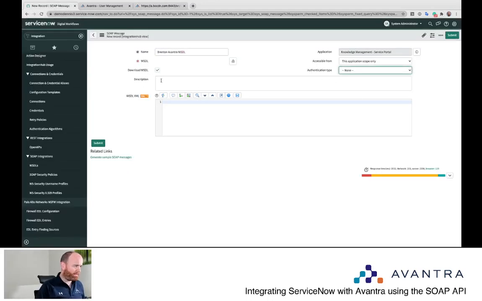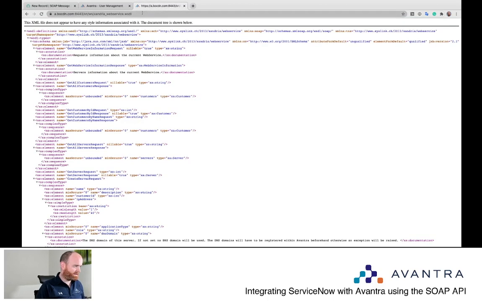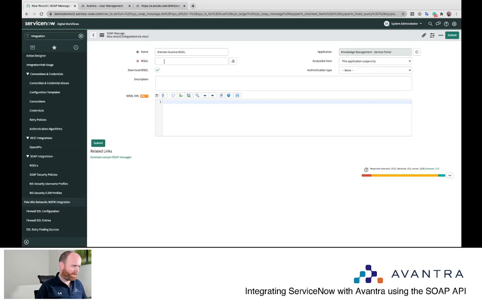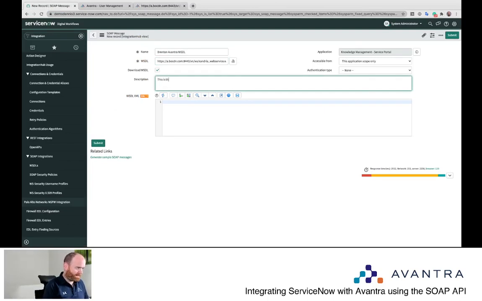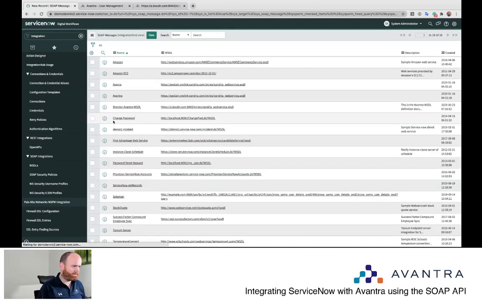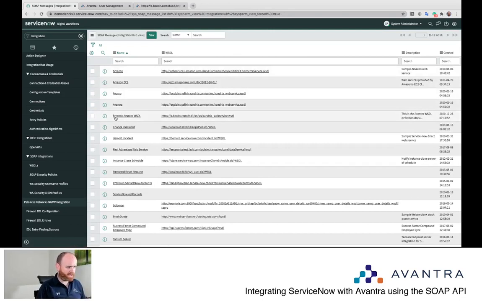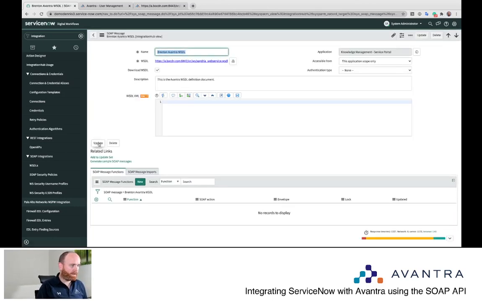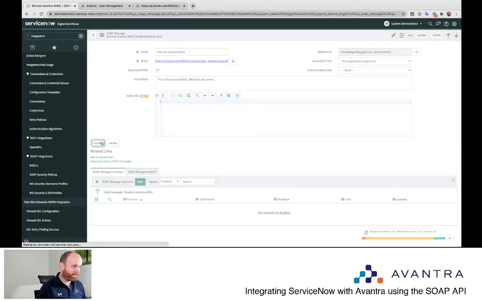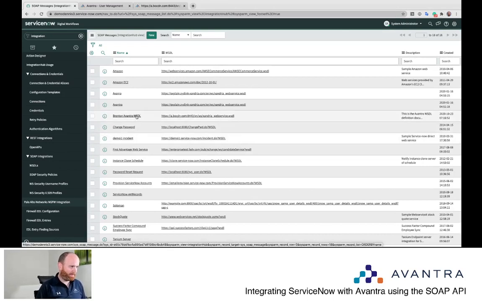So now we're going to be able to define exactly where it's coming from. So here I'm going to take this URL and I'm going to paste it in here, just like this. Okay, so now this is the Avantra WSDL definition document, just like that. So I'm going to submit this, and that's it, all configured. So we now have here Brenton Avantra WSDL. Now if I click in here, don't forget to use the button update. So I hit update and go back in,